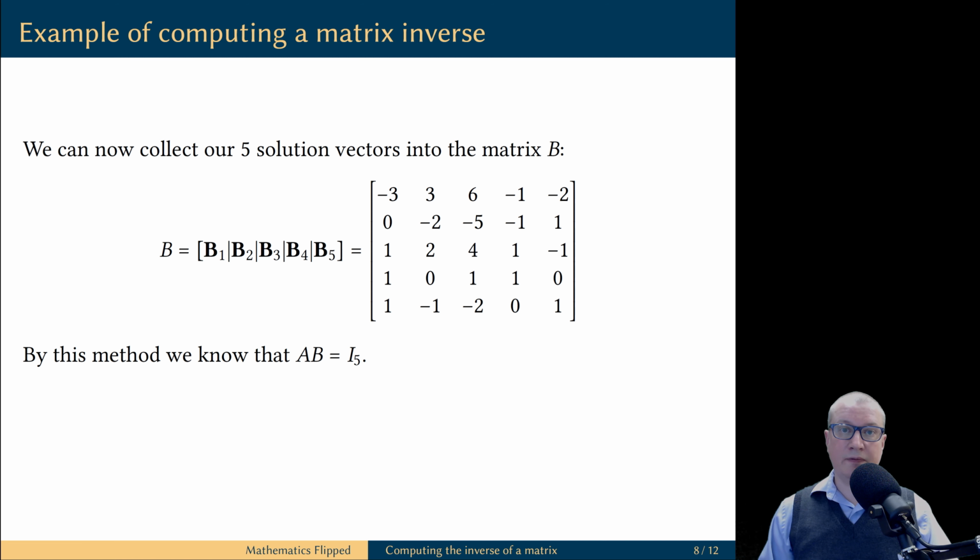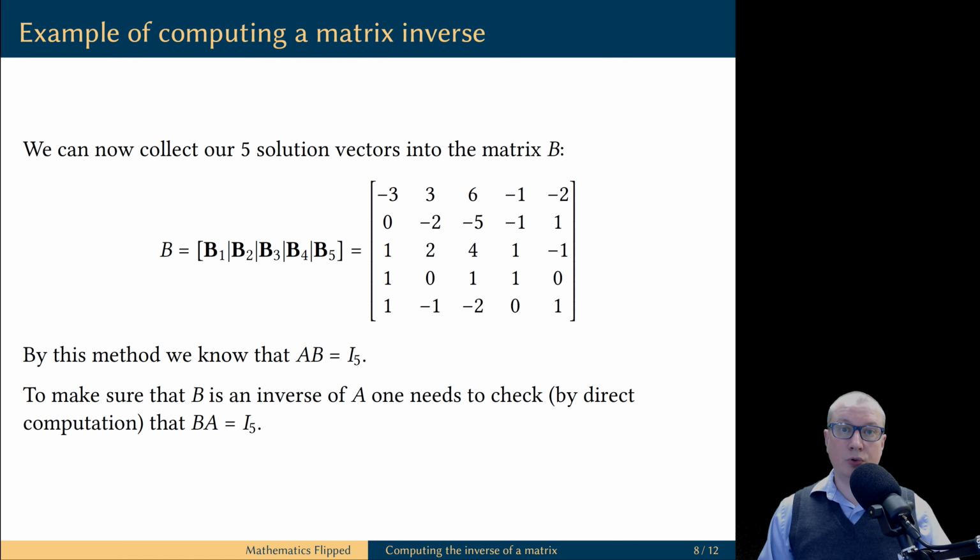Does this mean that we have found an inverse for matrix A? Well, not quite yet, because what we found is a candidate for the inverse. At least the matrix B satisfies one of the two equations, namely A times B is equal to the identity matrix. But to be an inverse of A, the matrix B must also satisfy the other equation, namely B times A is equal to the identity matrix. But at least now you do have that matrix B in your hands, and you can check by direct computation whether the second equality, B times A equal to the identity matrix, is also satisfied.